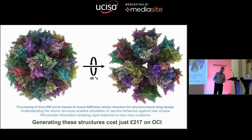So this is the Adama protein. It's a synthetic protein. It's being used to make synthetic vaccines. The advance here is the current model for making vaccines requires them to be refrigerated from when they're produced to when they're used. You've got to maintain the cold chain all the way, which is not hard in a first world country, but in other parts of the world it's very hard to make sure that the vaccine stays refrigerated the whole way. And so with the synthetic vaccines, they can be kept at a much higher temperature,